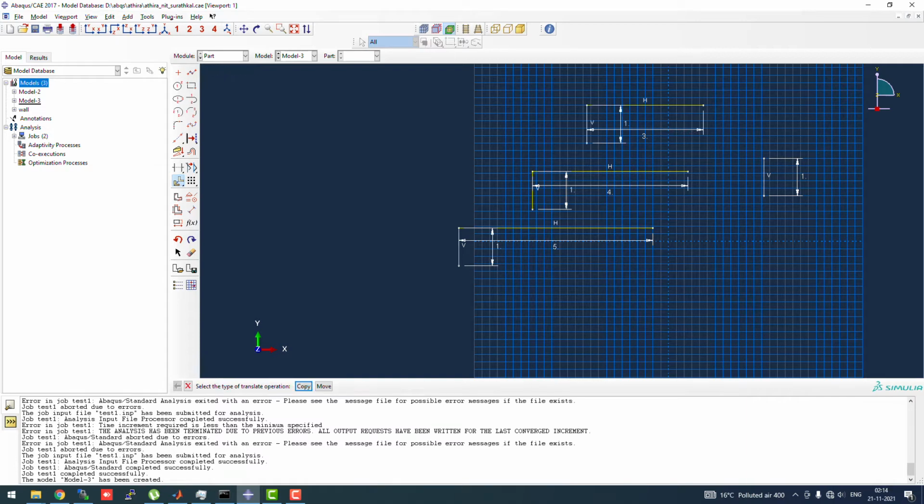Now we one by one move, sorry, let's just copy this line again here and again here. So yeah, now we can start moving these sections on top of each other.